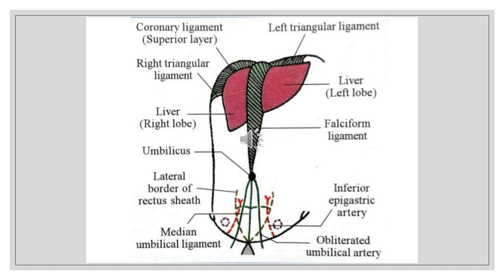As you learned regarding the reflections of the peritoneum, the peritoneum forming the two layers of the lesser omentum passes on to the surface of the liver. After lining the surface of the liver, this peritoneum is reflected onto the diaphragm and the anterior abdominal wall in the form of a number of ligaments. These are the falciform ligament, the left triangular ligament, the coronary ligament, and the right triangular ligament.